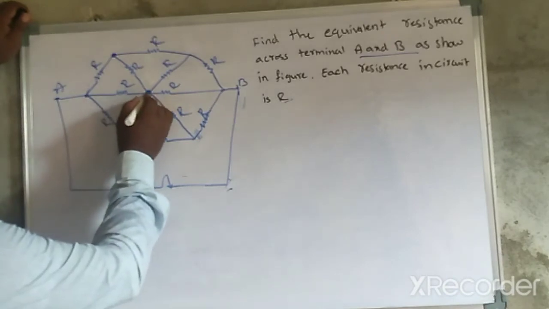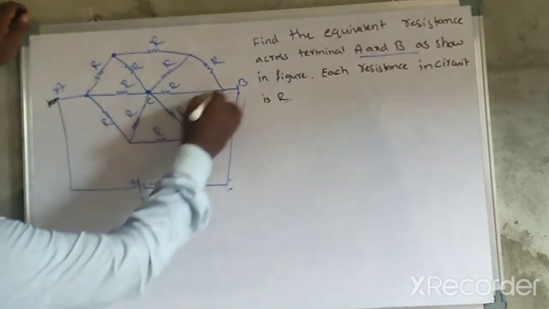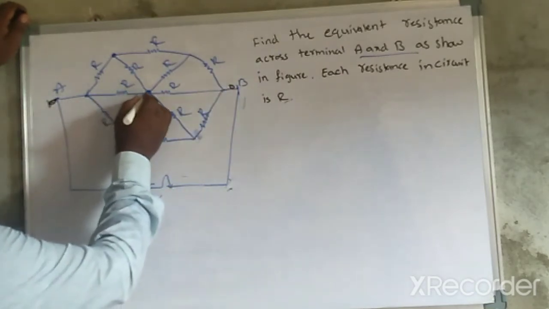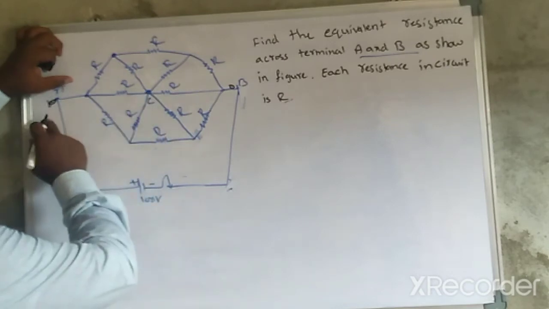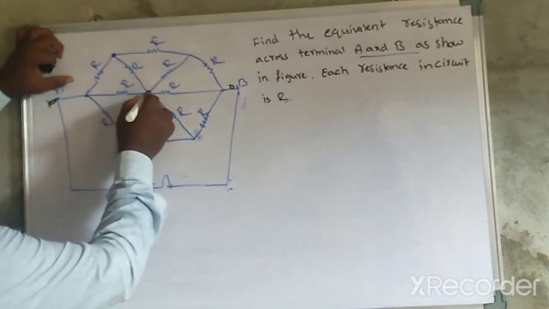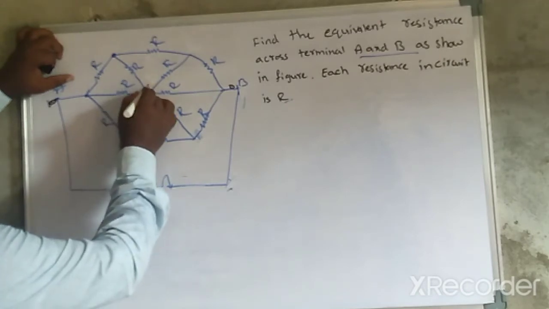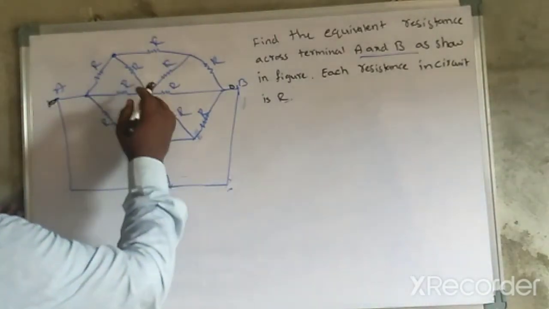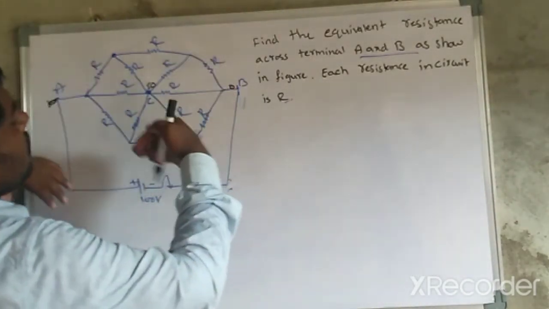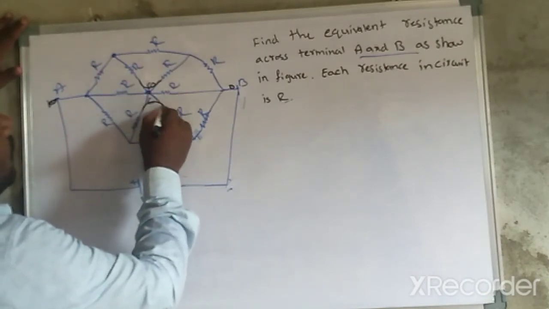Here the potential at the junction and here the junction. Here also 100, here 0. So in between, some x, nothing but here 50 minus x, here 100 minus x. Here is the exact center point, because the resistors are all equal in that case. So in the middle is 50 volts. That's why, because of the symmetry, this diagram you may fold it. That's why here we redraw the circuit diagram like this.